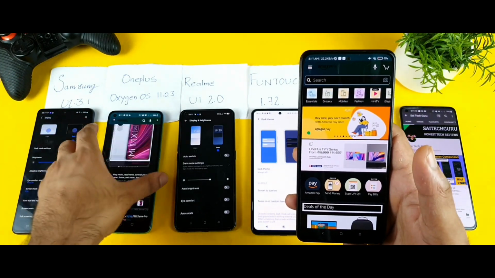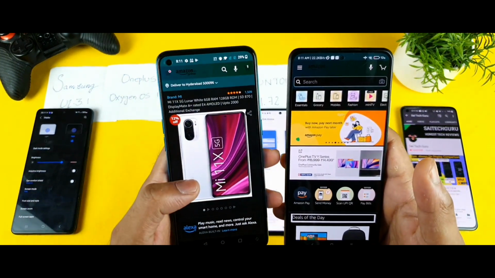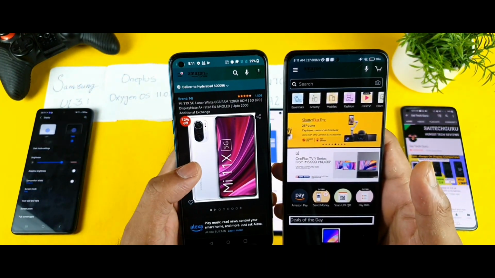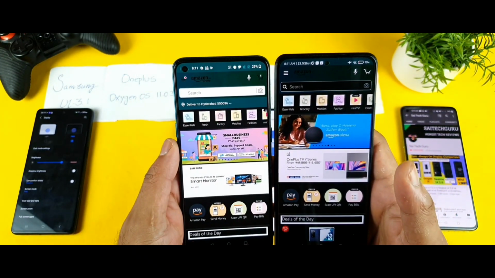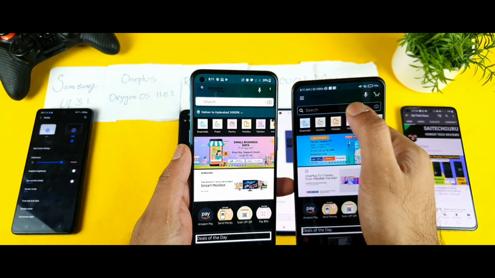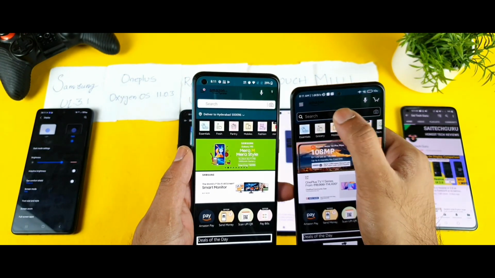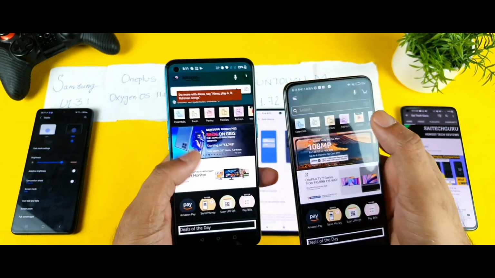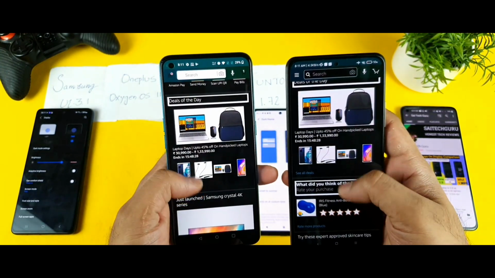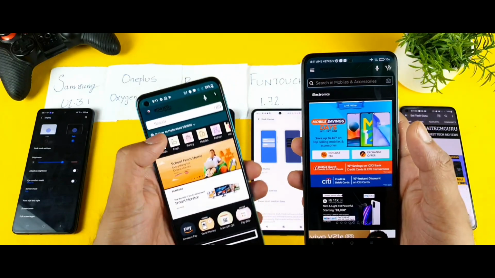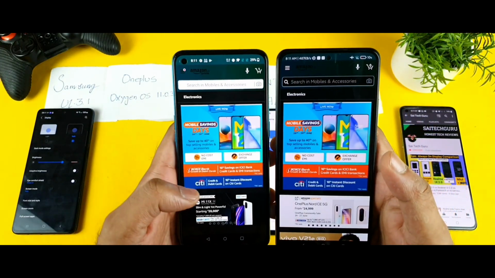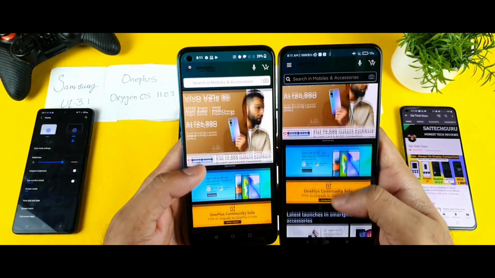So next is the OnePlus Nord. It is a OnePlus Nord with Oxygen OS. As you can see, this is how the dark mode looks. Let me go to the home screen. As you can see, even side by side, the background got completely dark. You can see in the search bar, it's completely dark. As you can see, friends, clearly what is happening. This is what the Mi 11X, MIUI 12.5, did. You can compare between both.